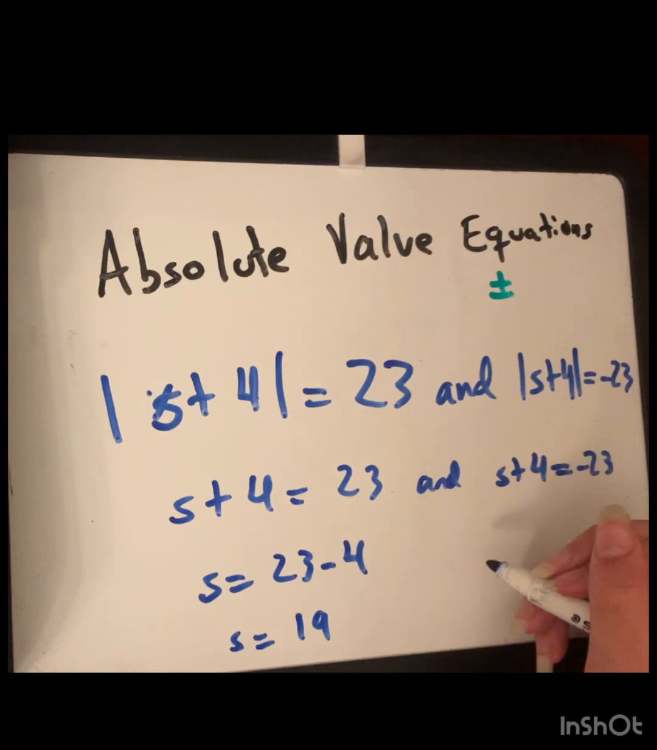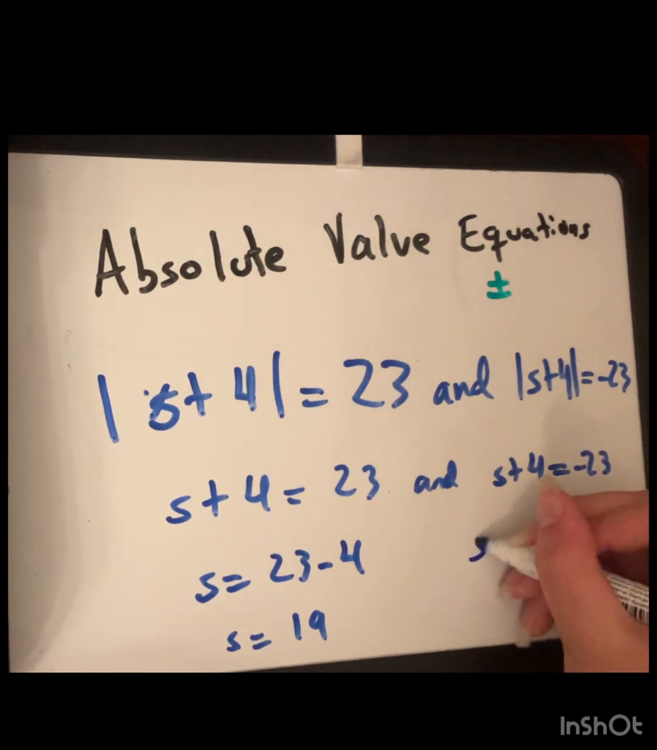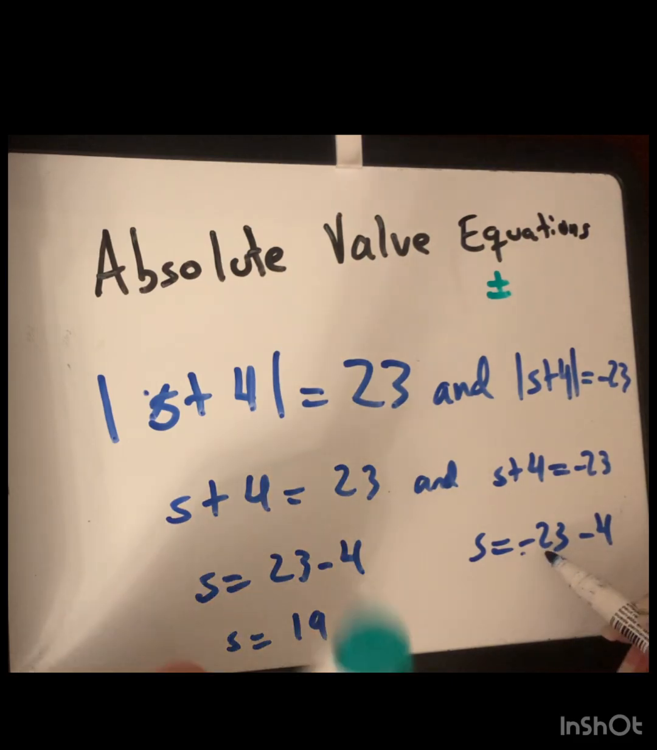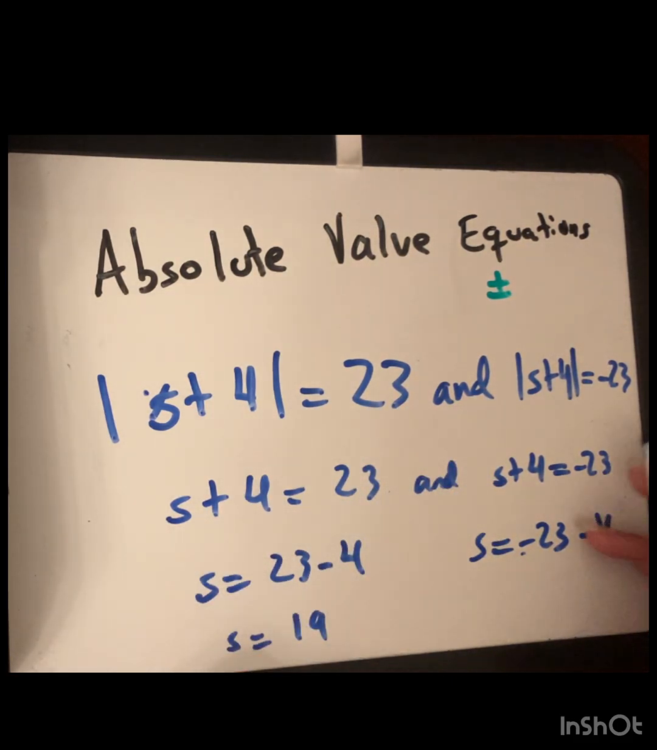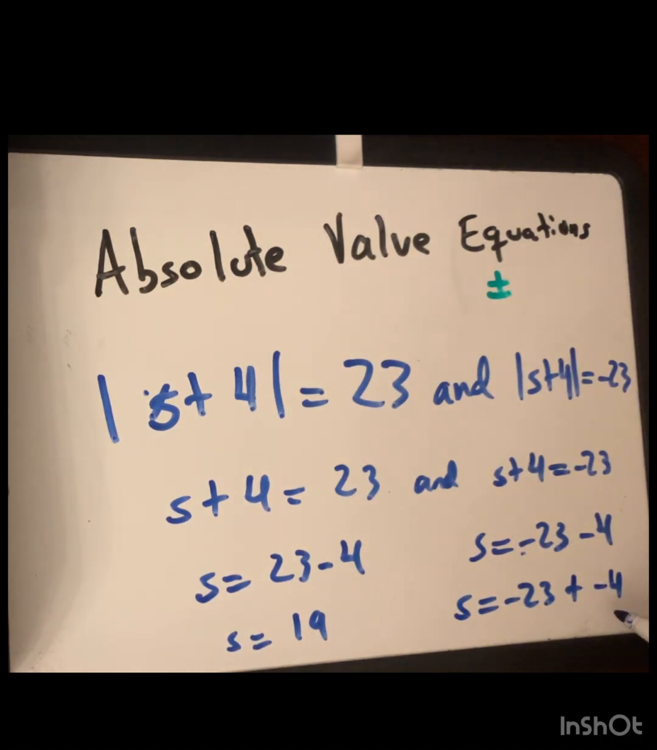Now, we're in the next part. S plus 4 equals 23. Since 4 is adding, it's going to move subtracting. So it would be negative 23 minus 4. When you have a negative minus negative, you add them. There's an invisible adding symbol, so you do this. When you add negatives, it's always going to give you negative. So S equals